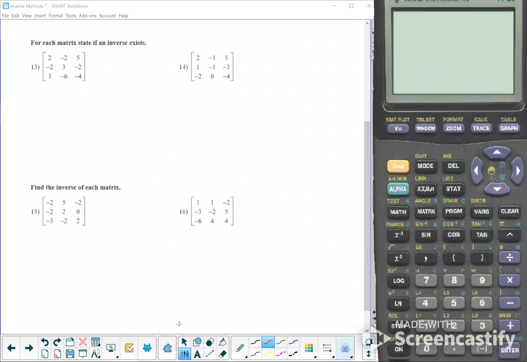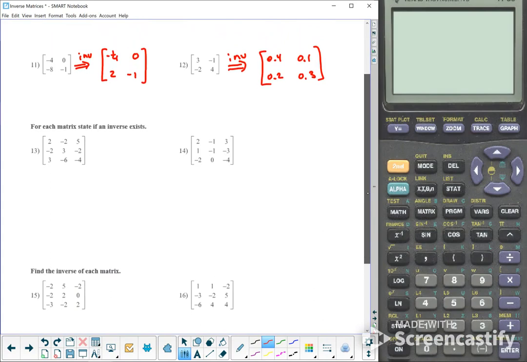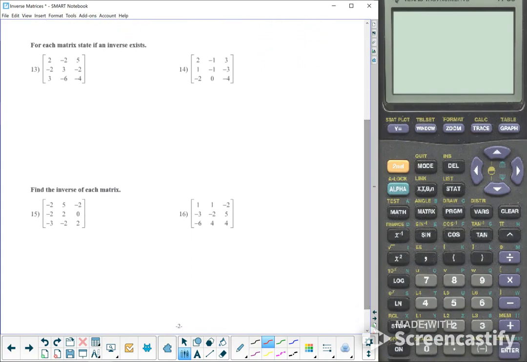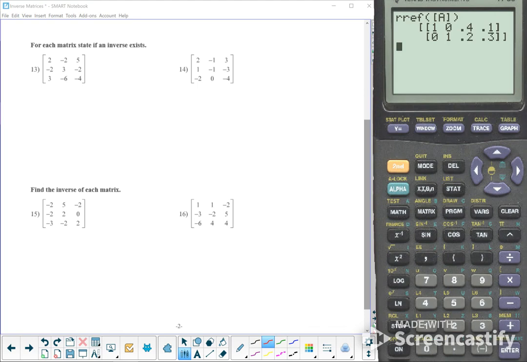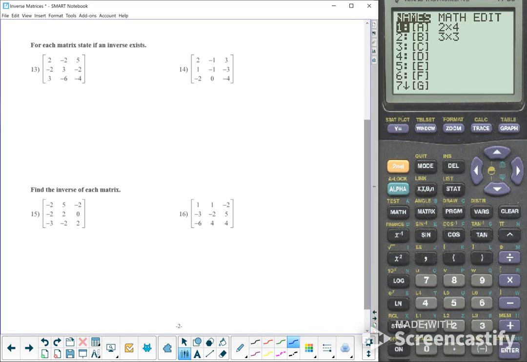All right, continuing on. Number 13, because we just finished number 12. We just got to find out if each matrix exists. So we're going to go back into the matrix. And remember, to do this, we're going to take this matrix